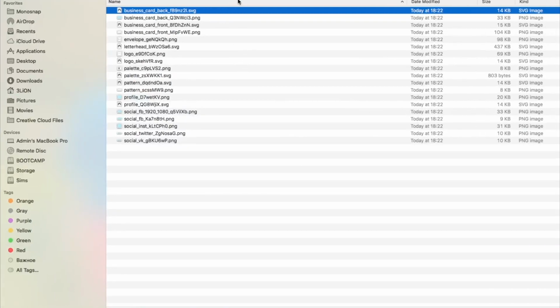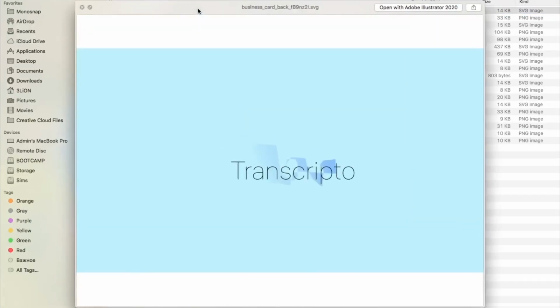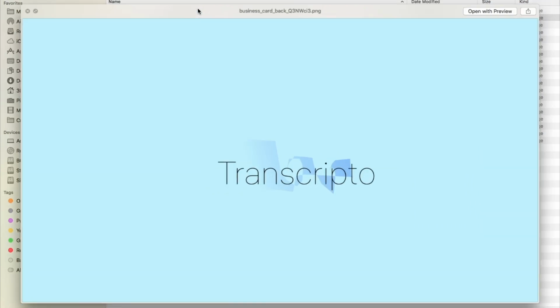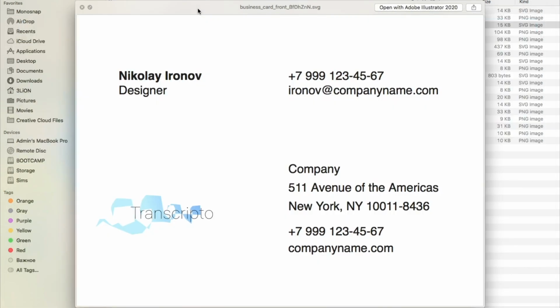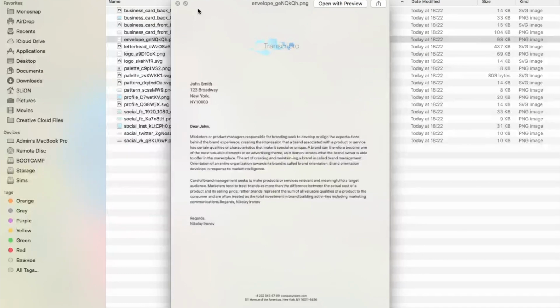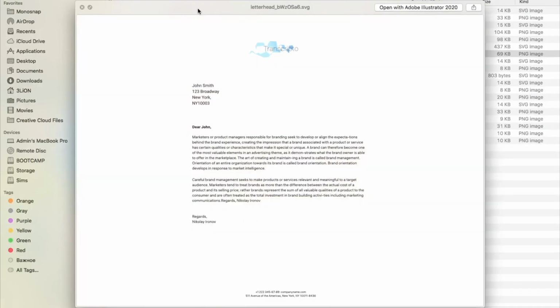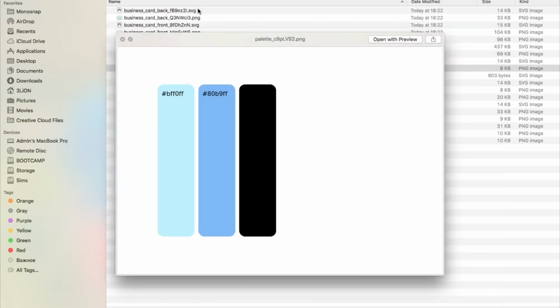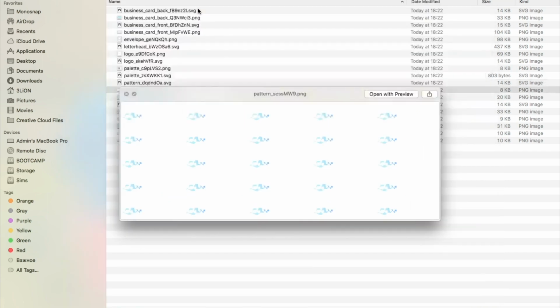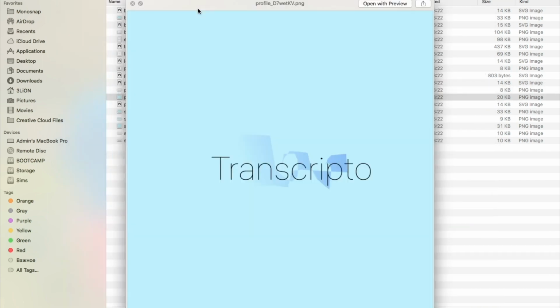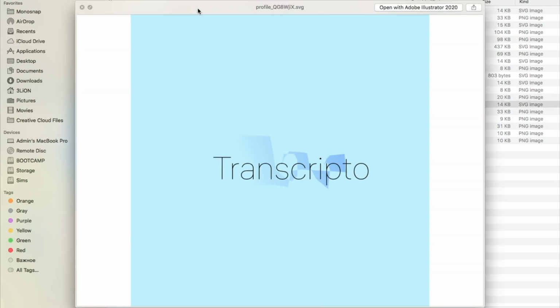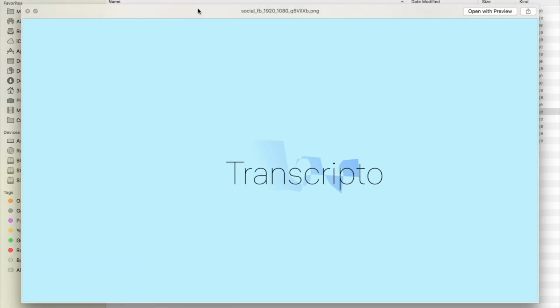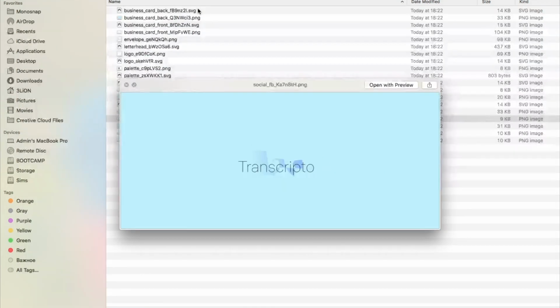So this is what the service offers in the package. This is kind of a set for social networks, which supposedly are ready to go. Banners, logos, we also have a template for a business card, a template for a letter, the logo itself, color palette, pattern. Of course, all this cannot be used in this state. All this needs to be edited. But considering that the AI did it quite well, what do you think?